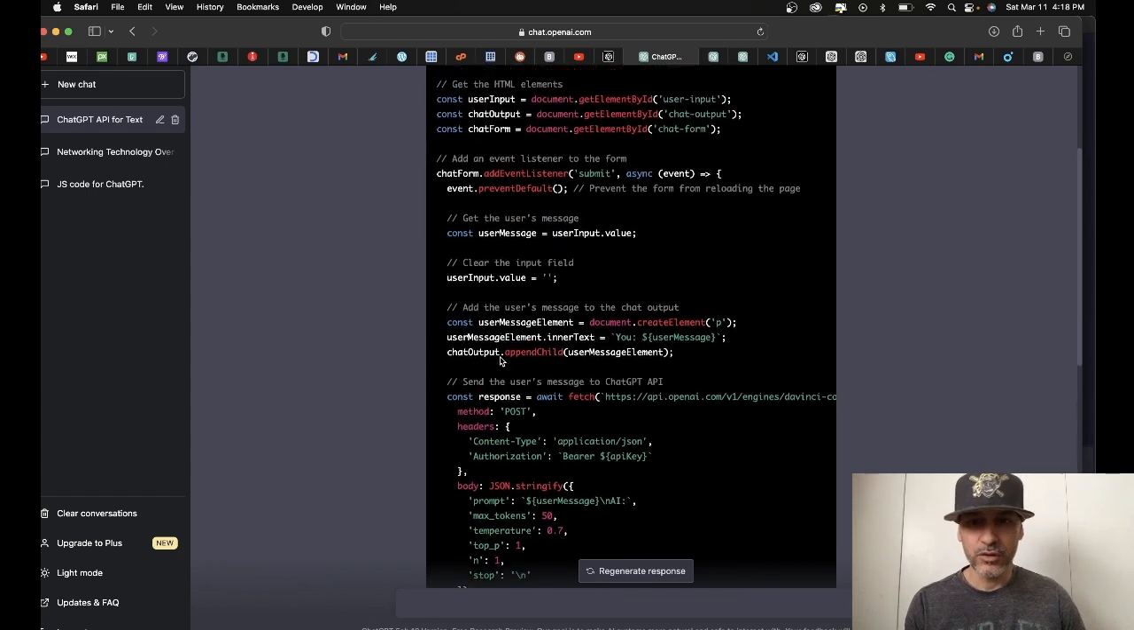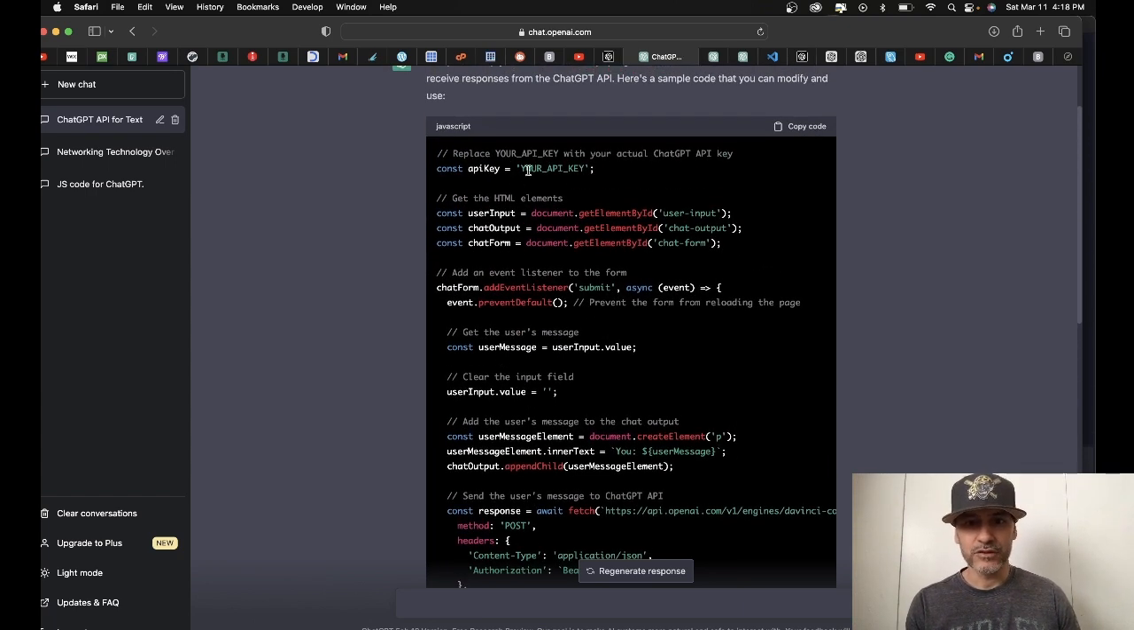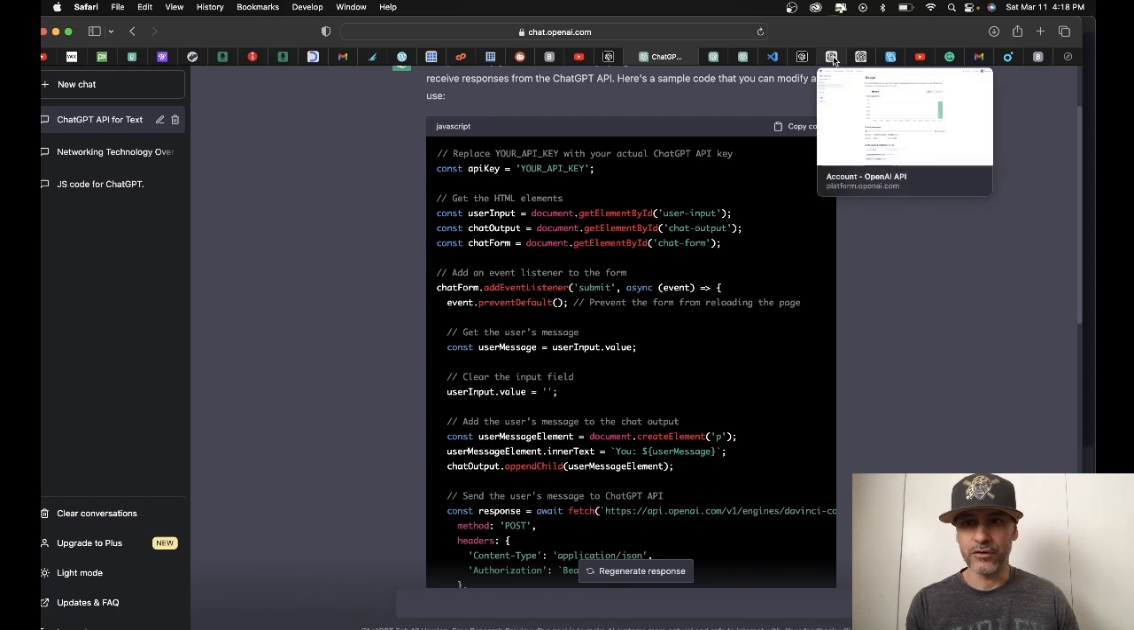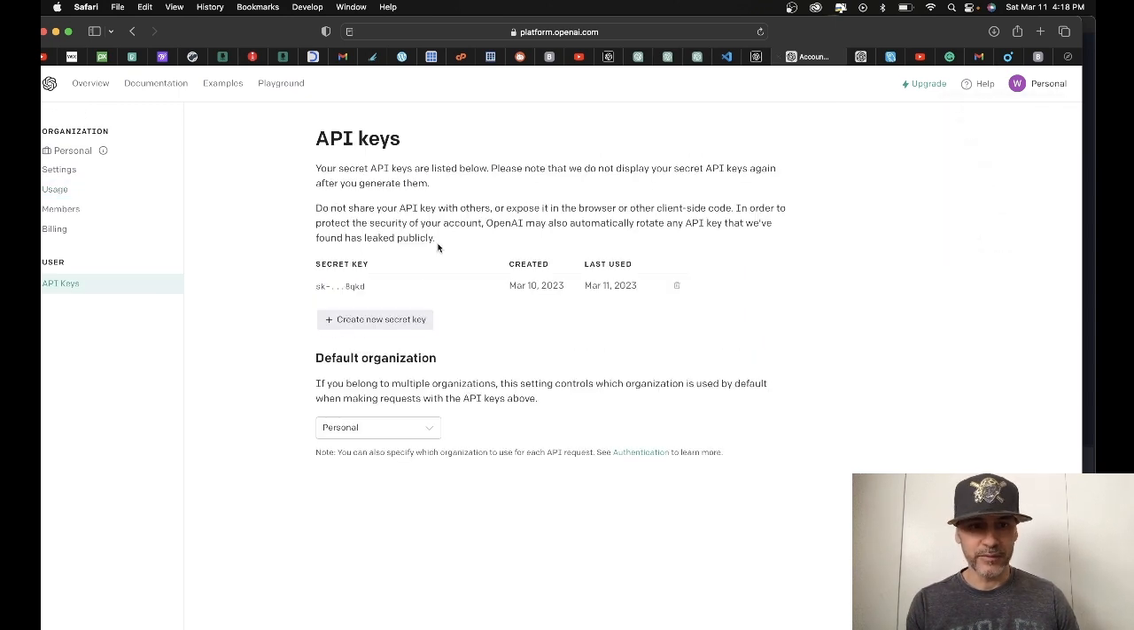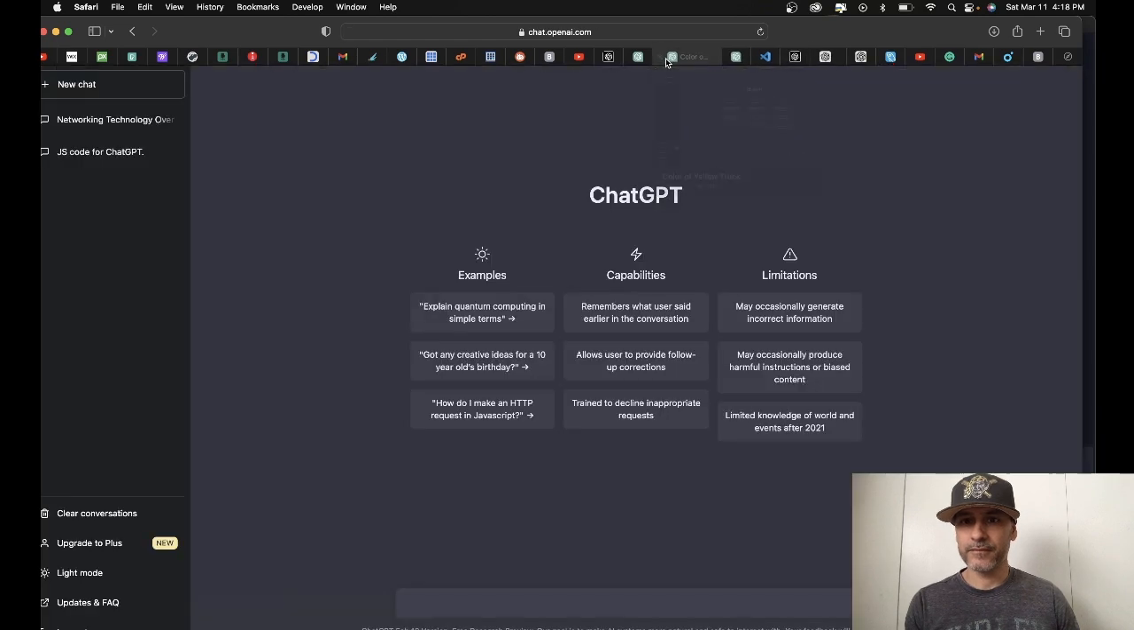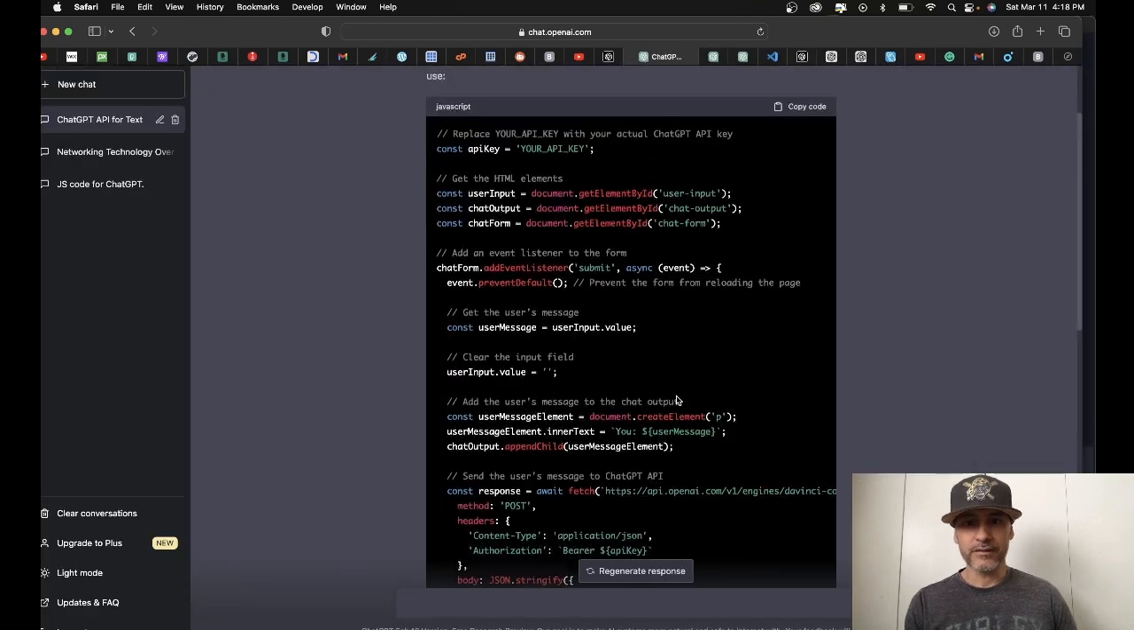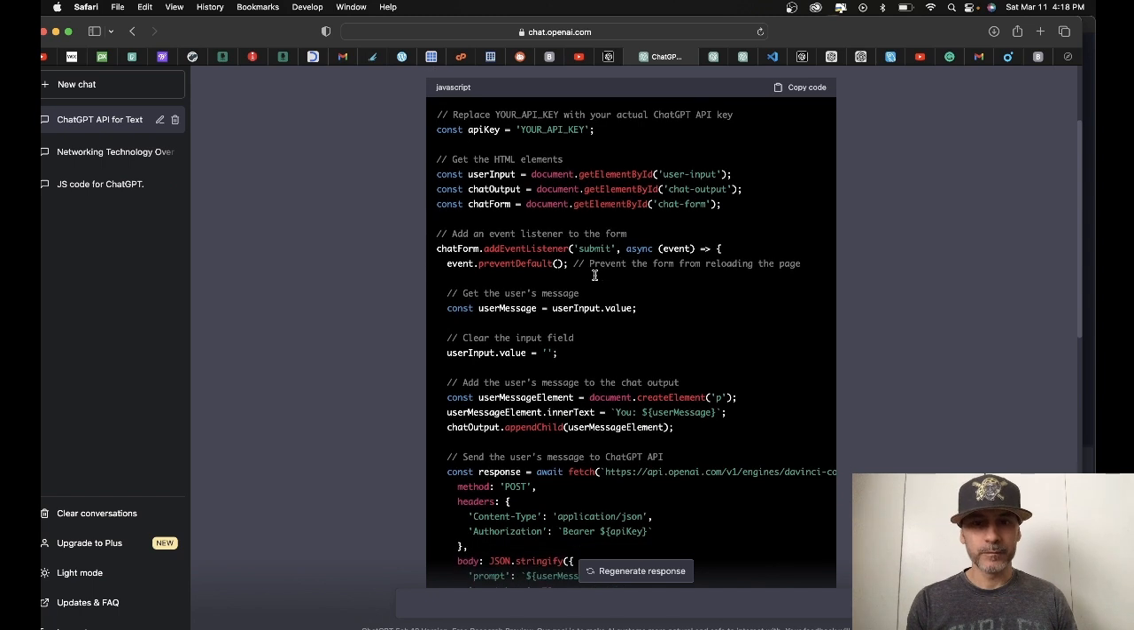Again, simple code, and let me go over the code real quick. So your API key is the key that I show you. You get it from the profile on OpenAI. You just go to personal, view API keys, create a new secret key. Okay. So basically now,